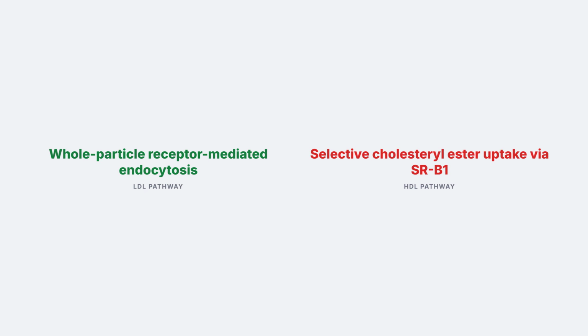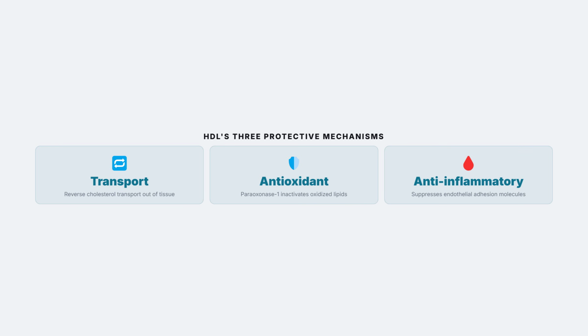Contrast the two systems directly. LDL uses whole particle receptor-mediated endocytosis to deliver cholesterol to tissues. HDL uses selective lipid uptake via SRB1 to deliver cholesterol back to the liver. The particle itself isn't internalized and destroyed the same way. HDL's protective effect isn't limited to reverse cholesterol transport alone. It also carries antioxidant enzymes like peroxidase that inactivate oxidized lipids, and it has genuine anti-inflammatory effects on the